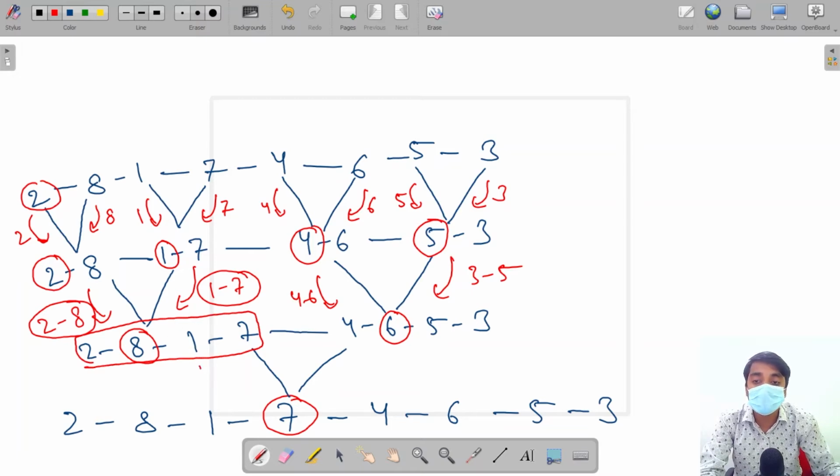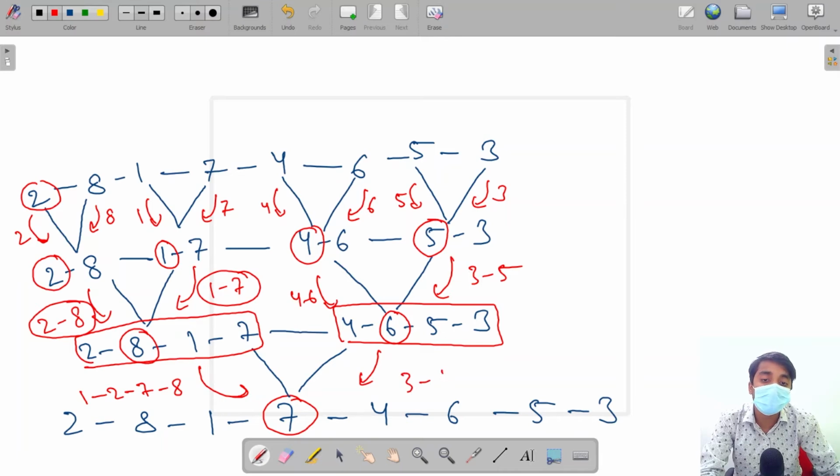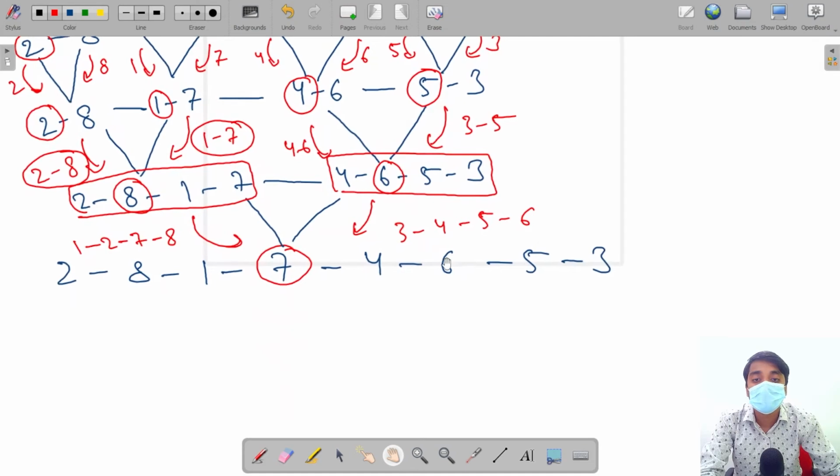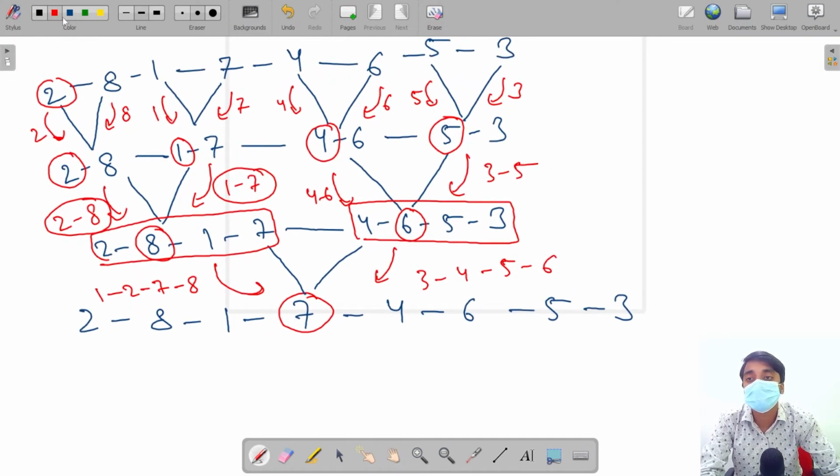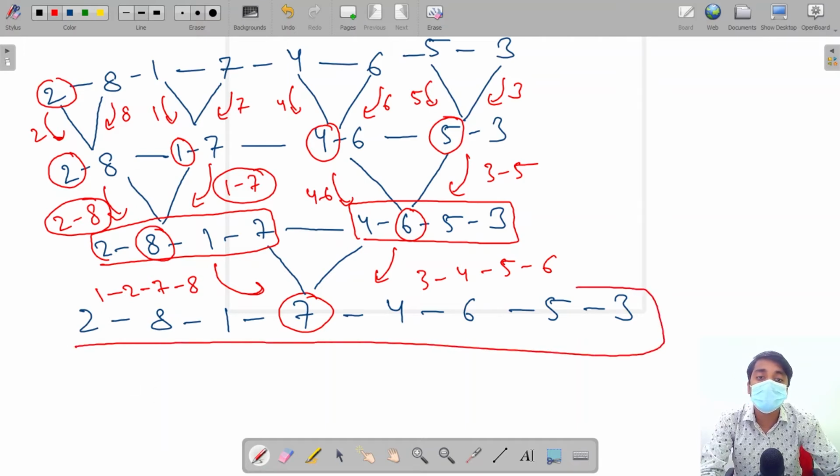Now this will merge these two lists and the return list will be 1, 2, 7 and 8. Here for this, the return list will be 3, 4, 5 and 6. Now for the last one, the main list.